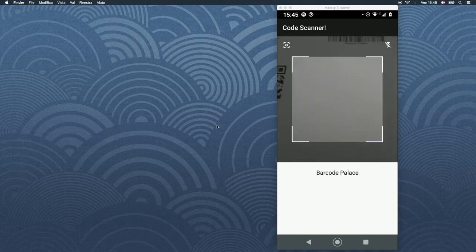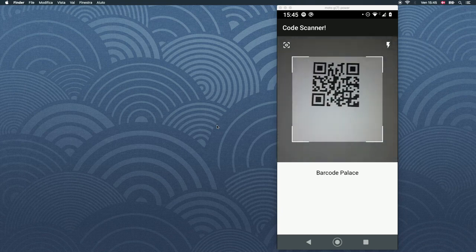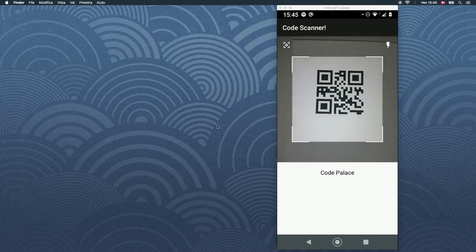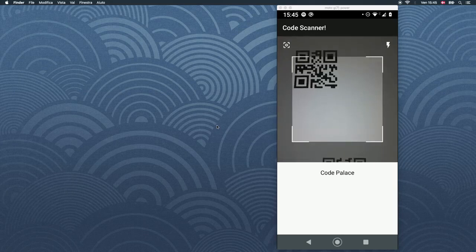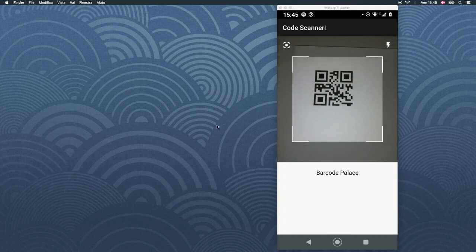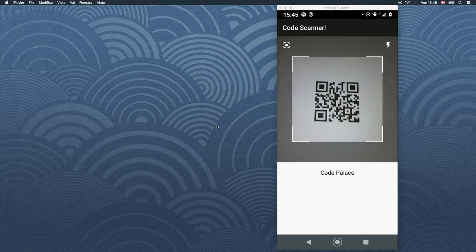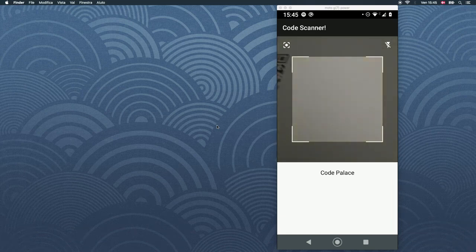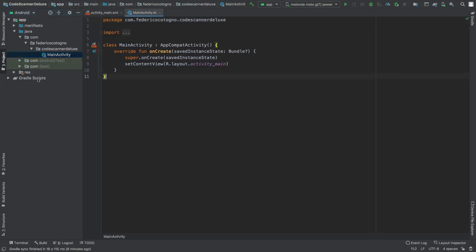And another feature of this app is the ability to turn on the flashlight from within the app in case we don't have enough light to scan what we need. And of course, in the top left-hand corner, we have an autofocus button. So now it is set to autofocus, which makes it a lot easier for the app to actually concentrate on the barcode or the QR code it needs to. But with that being said, we can jump straight into Android Studio and get started immediately by first adding the